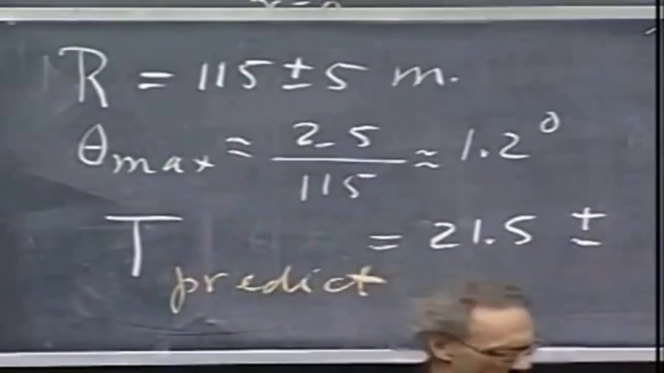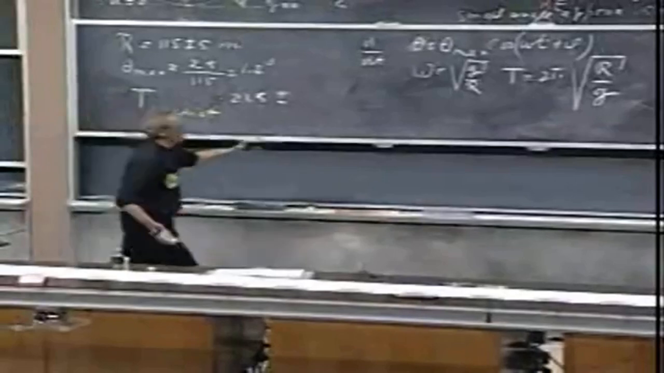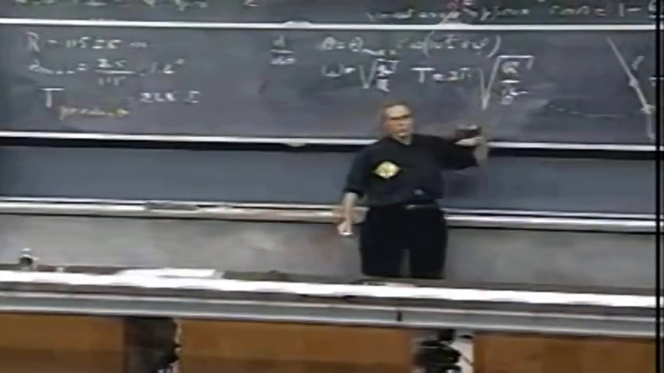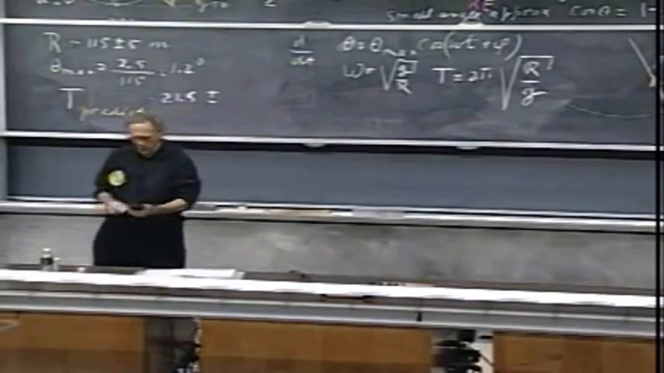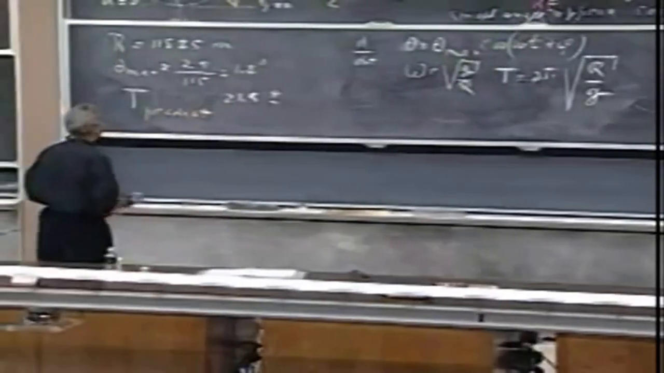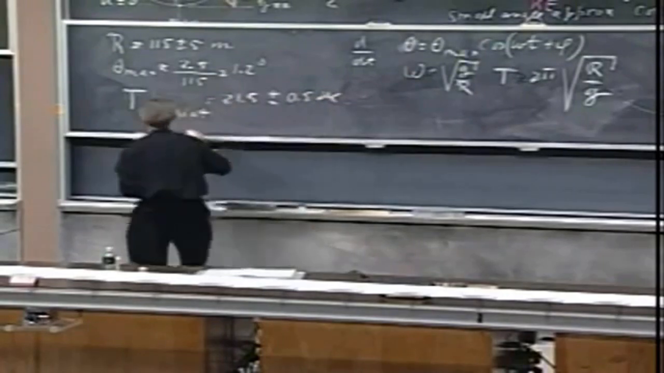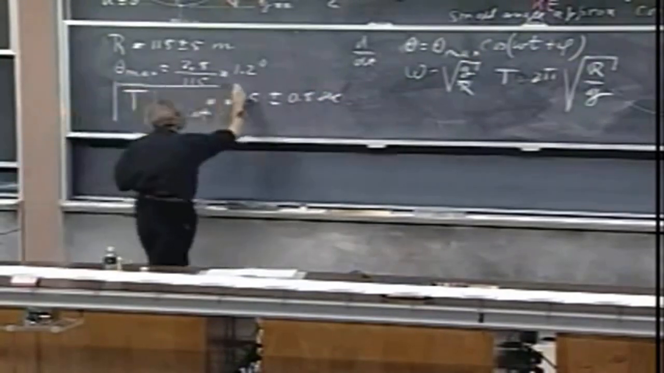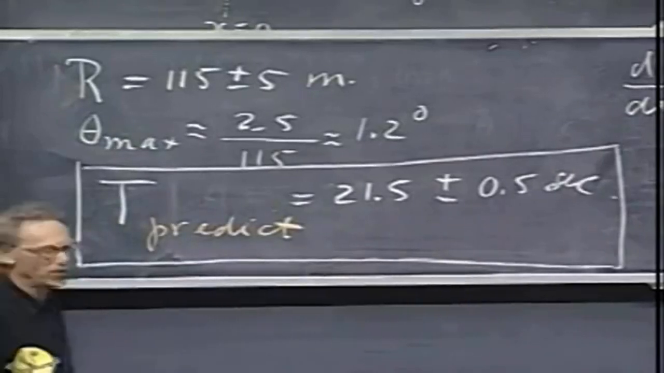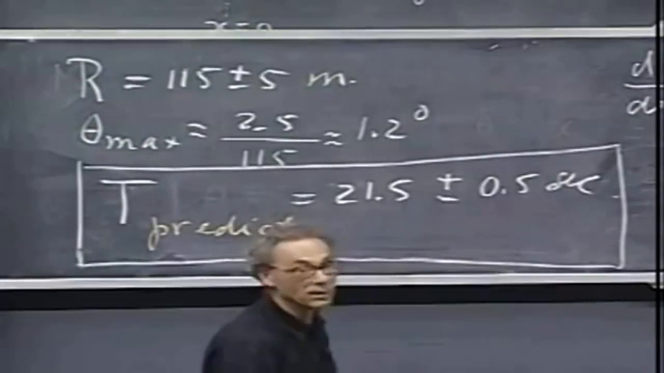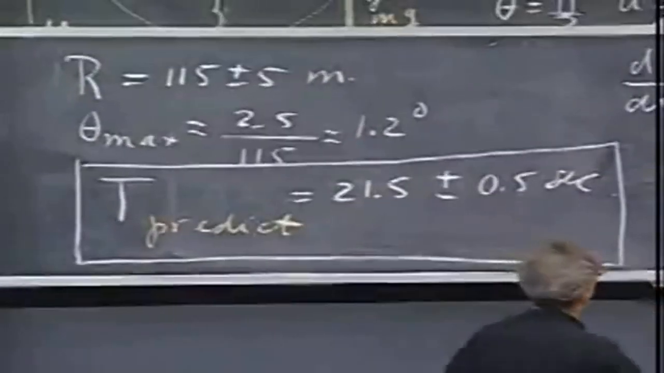The uncertainty in r is about 4.3%. Since we have the square root of r, that becomes 2.2%. So if I multiply that by 0.022, I get an uncertainty of about 0.47. Let's call this 0.5 seconds. So this is a hard prediction of what the period of an oscillation should be. 21.5 plus or minus a half second. Now I'm going to observe it, and we're going to see